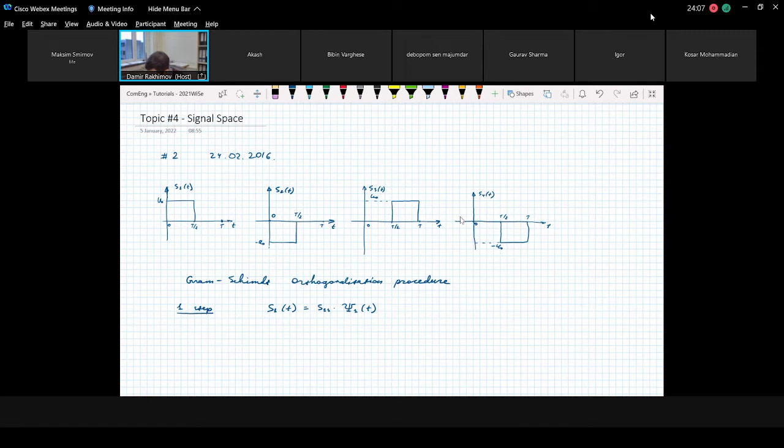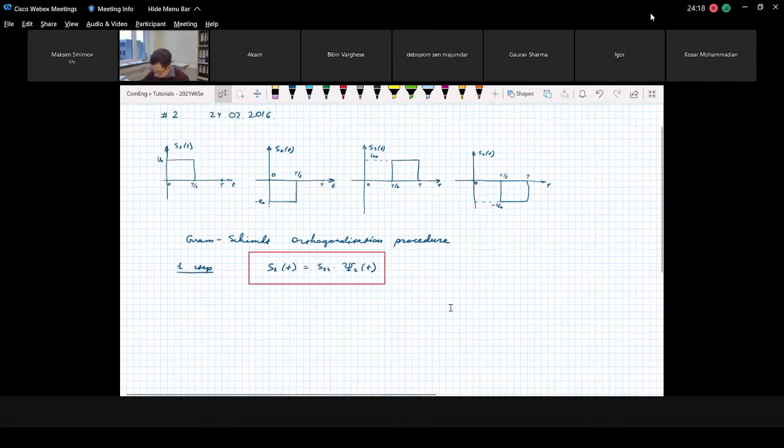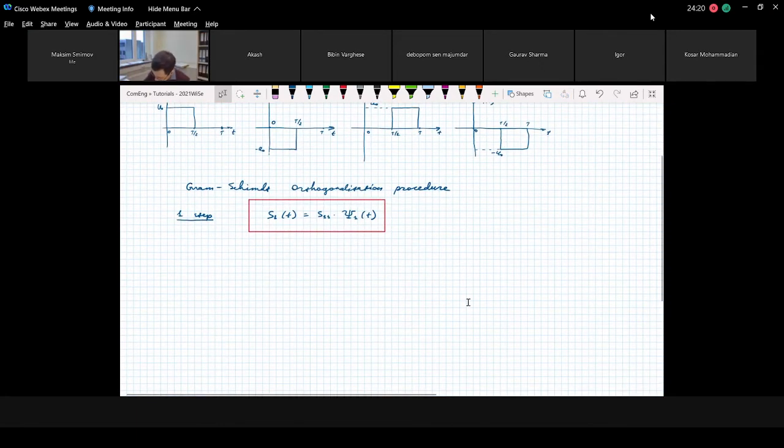But the obvious choice will be to say that the first signal is the first basis function. So as a result, we can find the basis function psi 1 of t if we take our first signal,